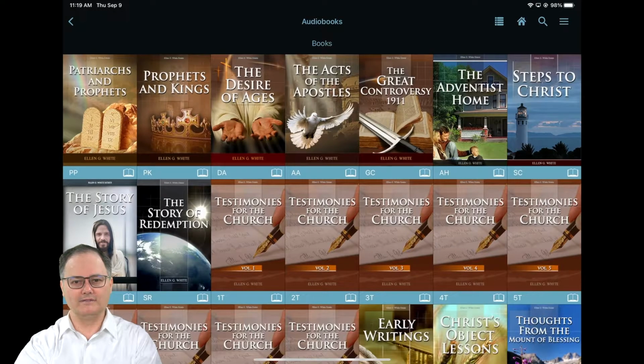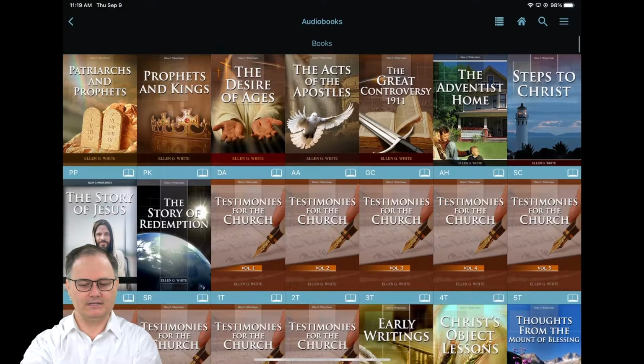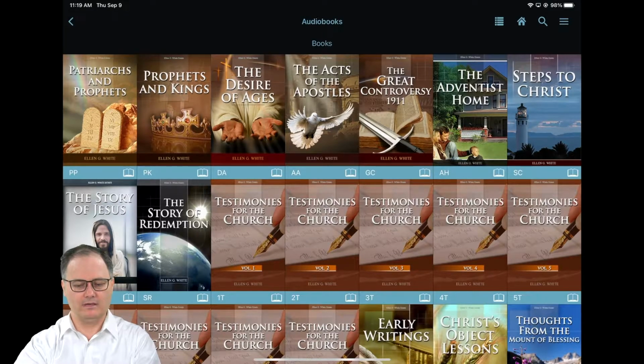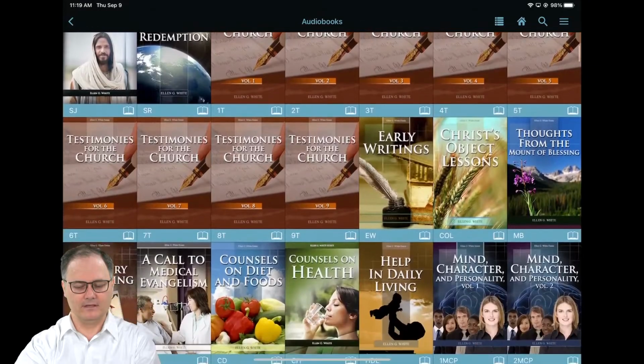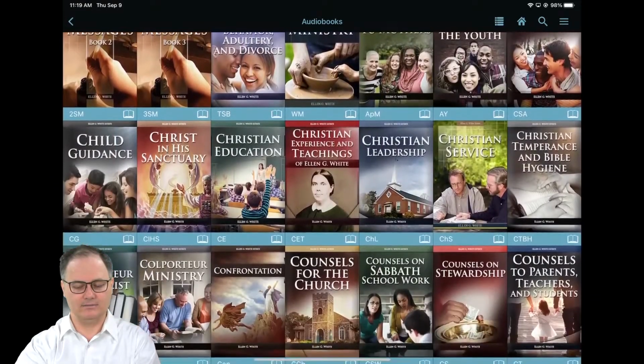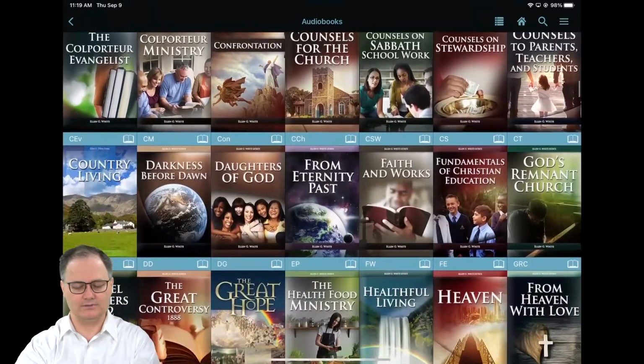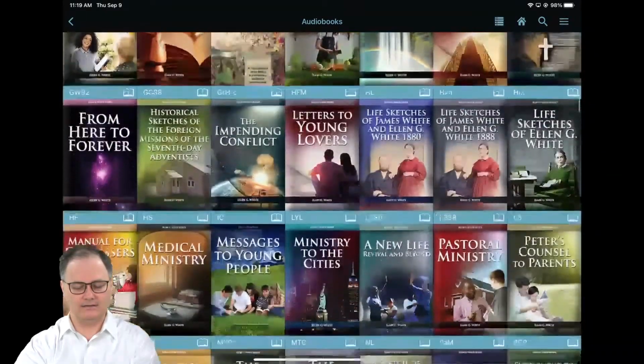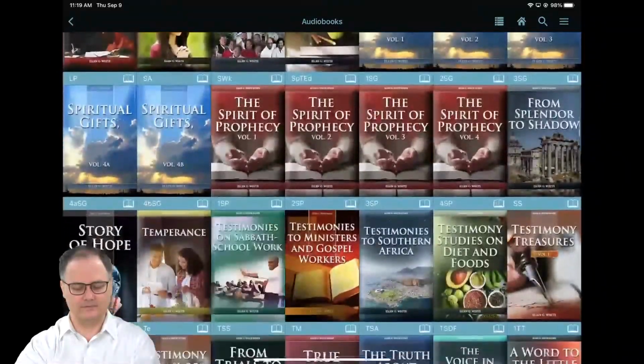And then once I've tapped on English, you can see that it lists on a bookshelf all of the books. And at the very top here, you can see underneath the title Audiobooks, it says Books. Now, if you scroll down through all 120 books that we have listed here on the bookshelf that you can listen to and stream, when you get down to the end,